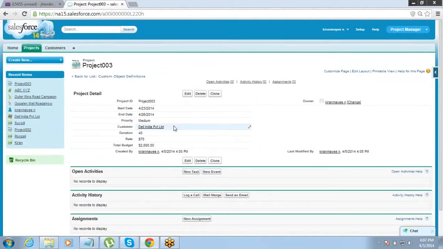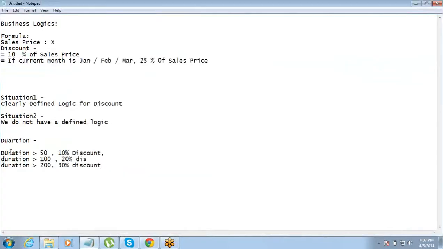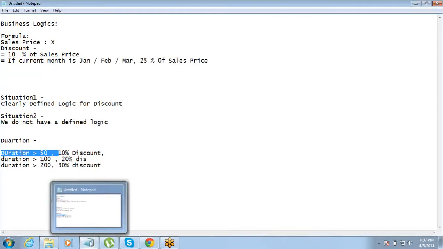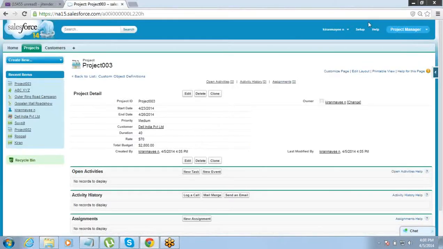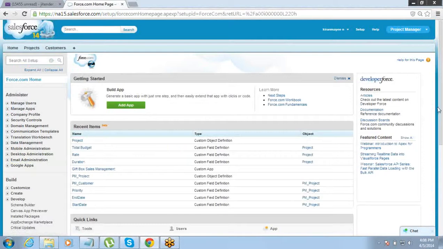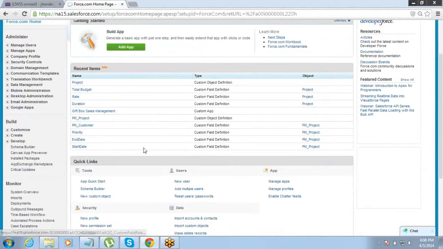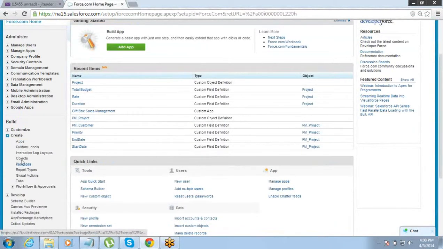So let's edit this. Let me work on this logic. If the duration is more than 50 hours, it should be 10% discount. If duration is more than 100 hours, it will be 20% discount, and this way, right? So we'll just go to the same formula field and edit it this time. We don't need to create a different field. We can straight away go to setup, create objects,